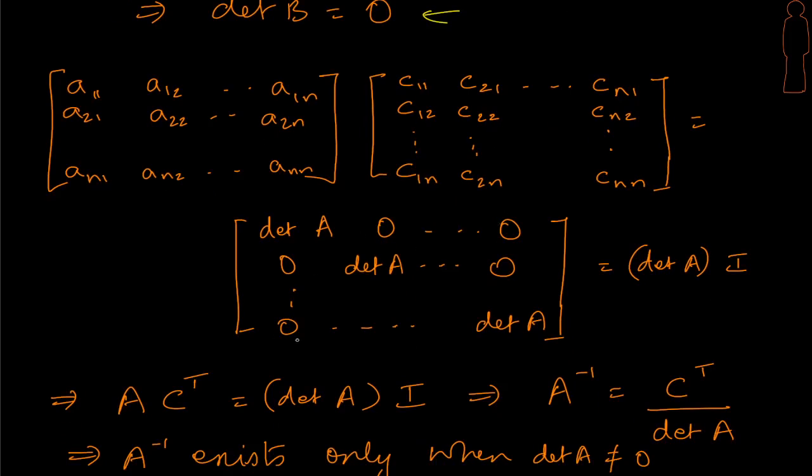Very interestingly, all the elements have gone to 0 except for the diagonal elements. The diagonal is coming out to be clearly determinant of A across. That is nothing but determinant of A times identity, and therefore we got the inverse. Okay, how do I get the inverse? I just have to divide this matrix by determinant of A and I have my inverse, right? And look at this here, A times some matrix, I have written it as C transpose. So now we define this matrix to be our C matrix, or what is called as the cofactor matrix.